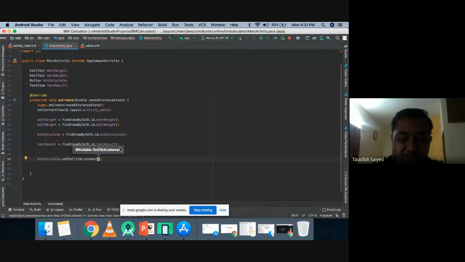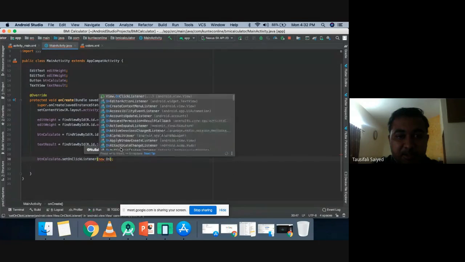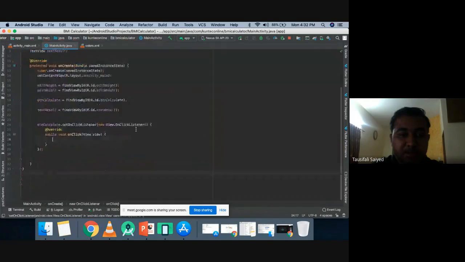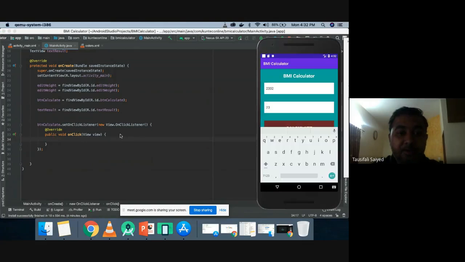So for the interface, I will say new OnClickListener, select this listener and press enter. When I press enter, the whole thing happens. It created the OnClickListener and gave us the implemented method onClick. So whatever we write inside this onClick will happen on the